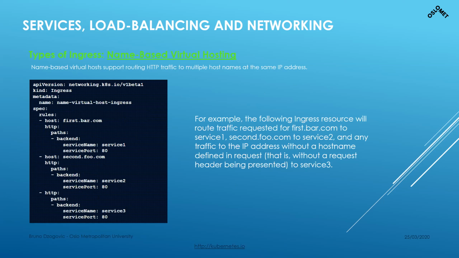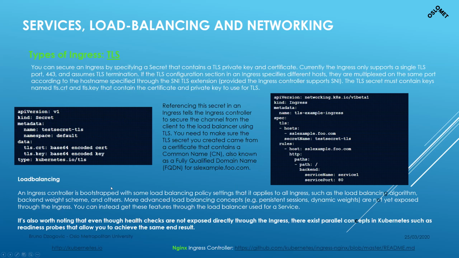Right, so you can add more. I think you can add service 3, you can add service 4, etc. Then you can terminate TLS and SSL, and you can secure the ingress by specifying certificates, and these certificates can be tied to a specific fully qualified domain. So you have to expose, in that case, port 443, and you have to define where your certificate is.